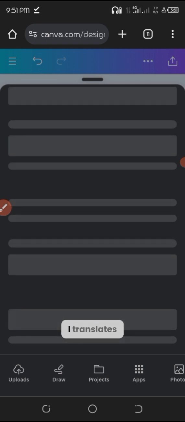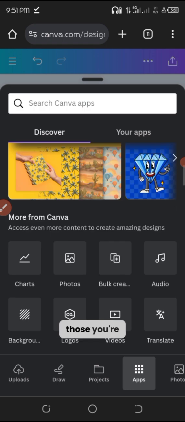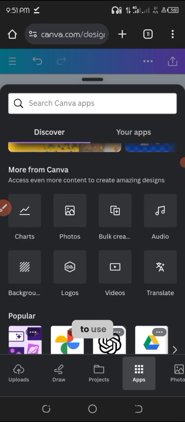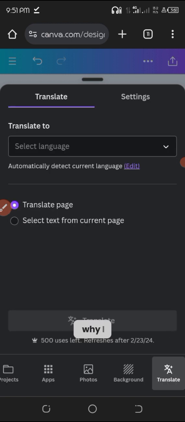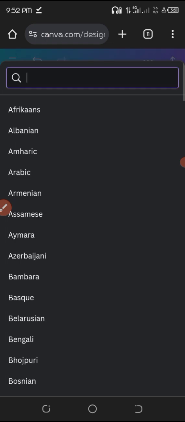So for the translation, the AI translate app, you're just going to input. The thing is actually very easy to use. Just click on translate, put in what you want to translate. You're going to see a function where it shows translate. Why I don't want to do it now is that it sometimes takes time. So you choose the language you want to translate to, you just select. After that,